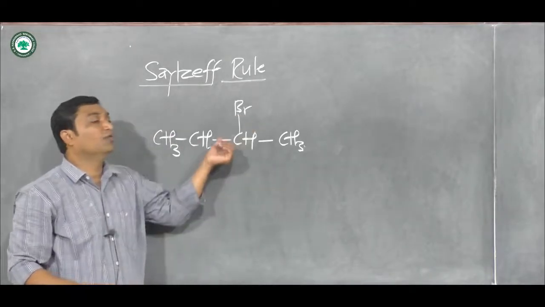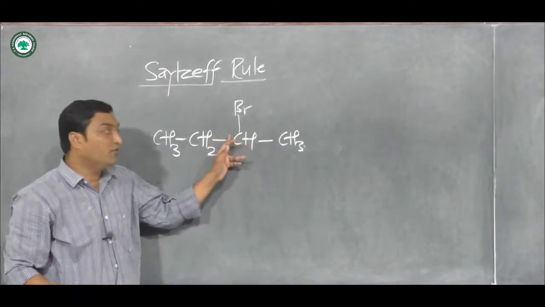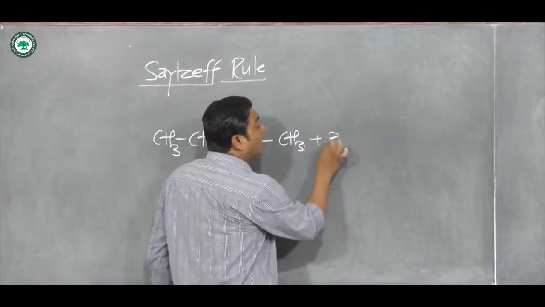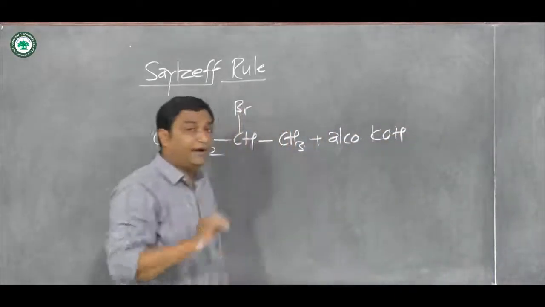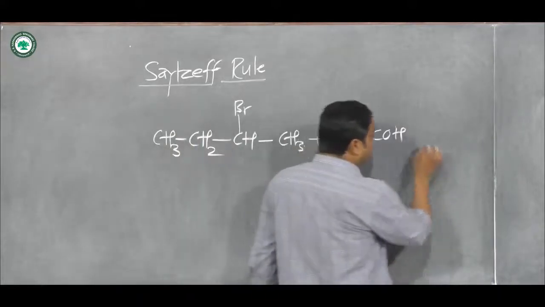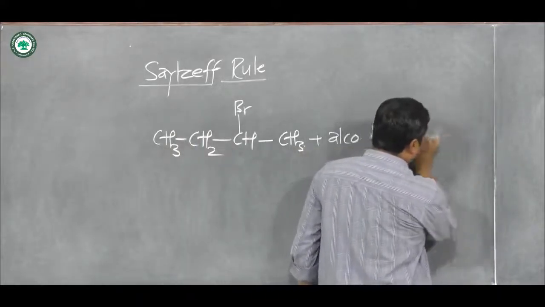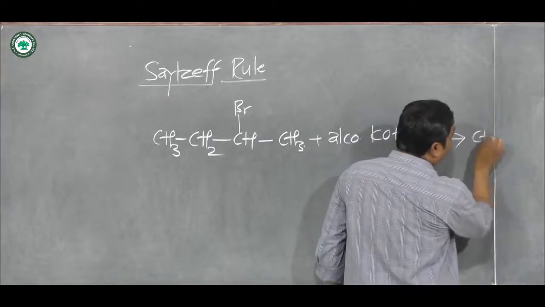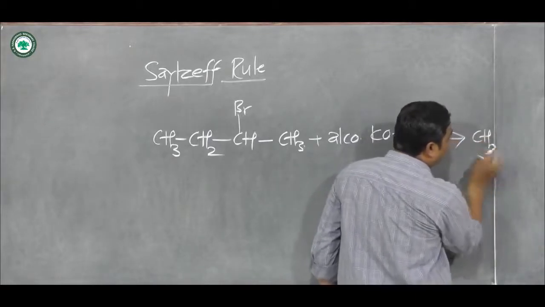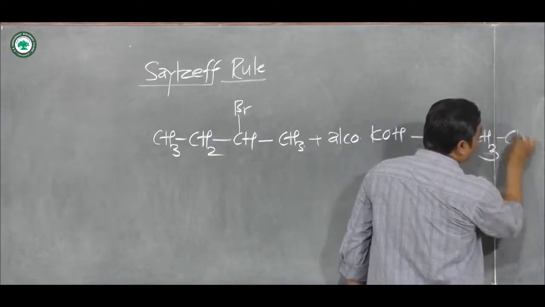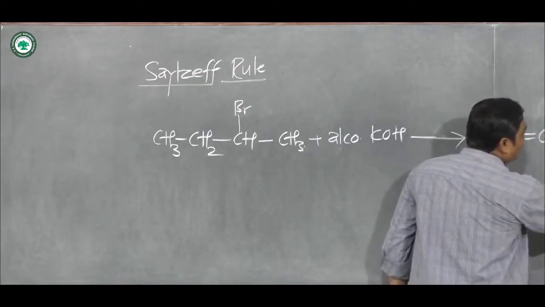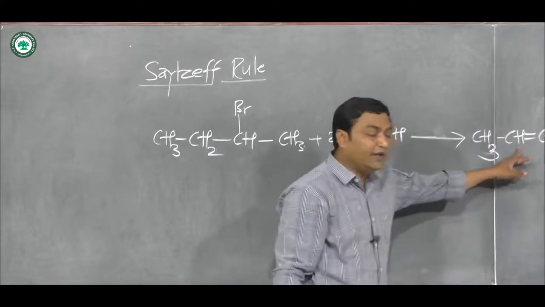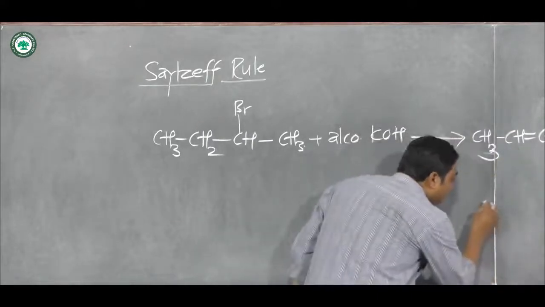When this 2-bromobutane is treated with alcoholic KOH, we have obtained two products, that is this 2-butene and